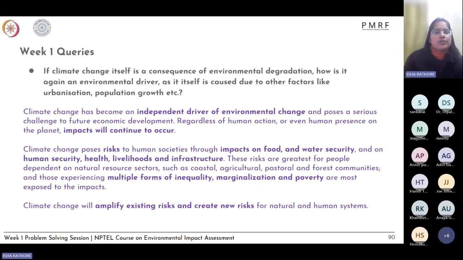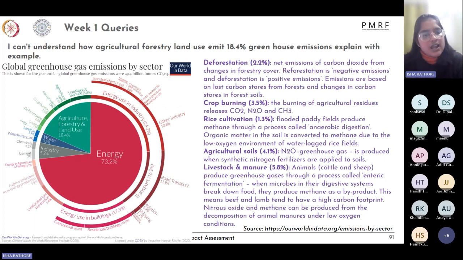Okay, so moving on to the next question. These are questions which have been asked in the previous run of the course. "I can't understand how agriculture, forestry and land use emit 18.4% of greenhouse gas emissions. Explain with an example." So in agriculture, forestry and land use, we have deforestation, which causes 2.2% of greenhouse gas